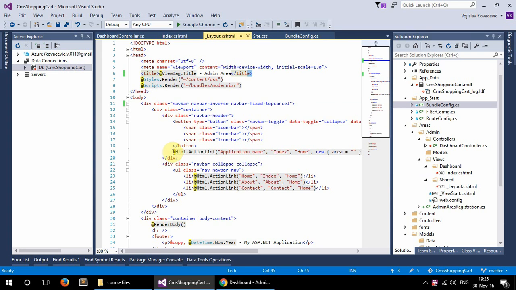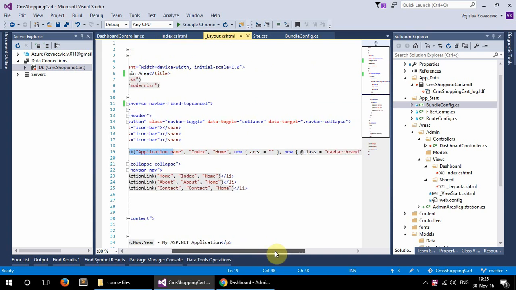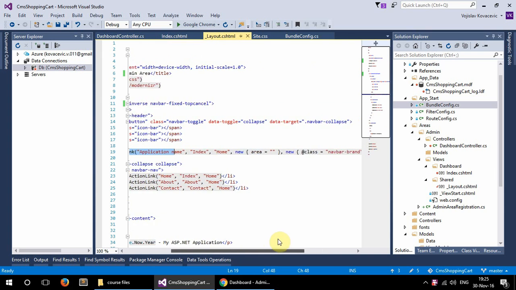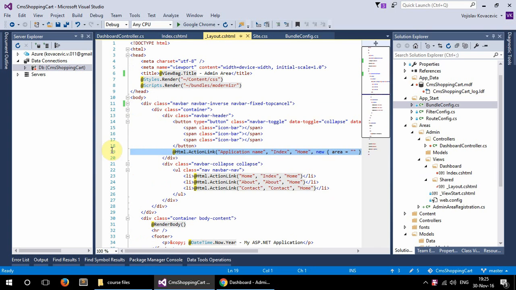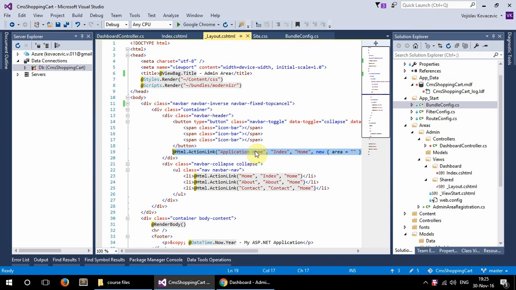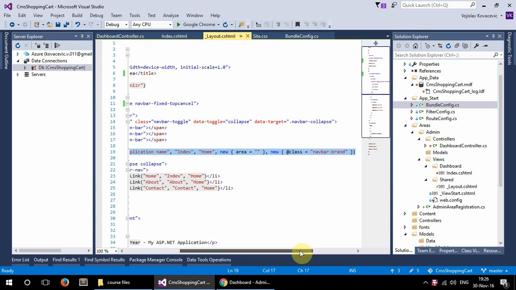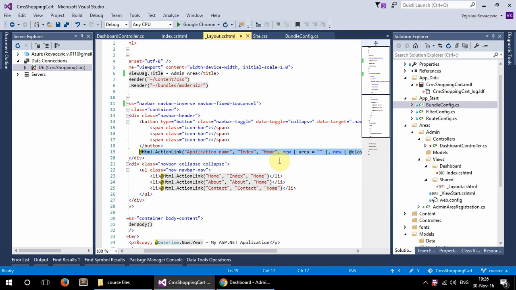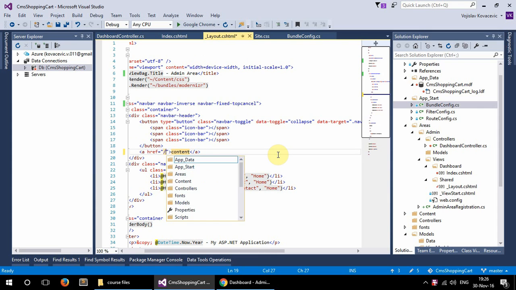Next I have this Razor syntax for creating anchor tags, and I'm gonna get rid of this and write my own pure HTML anchor tag, because I don't want to go through all of this stuff in here to make it work, because I want it to be for this area. So I'm gonna write here lowercase a and double tab, and this is gonna point to